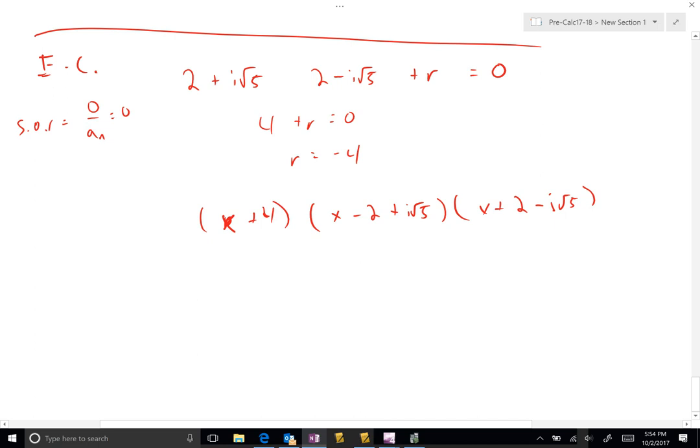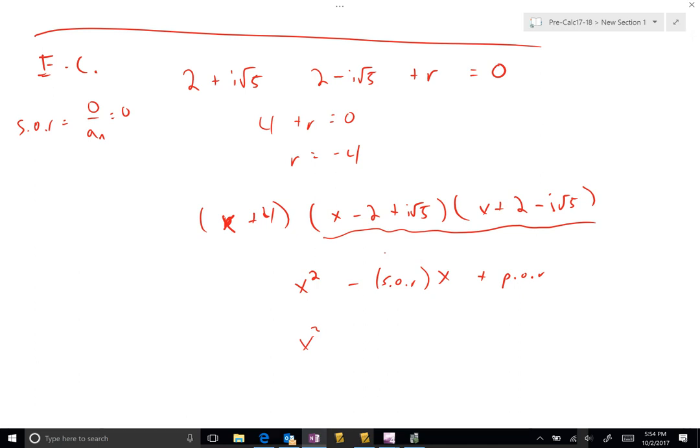I'm going to use our x squared minus sum of roots times x plus our product of roots. Well, our sum of roots, and when I say sum of roots, we're just looking at the quadratic term here that's formed by these two. So we're just going to add those two together, and when we do that,